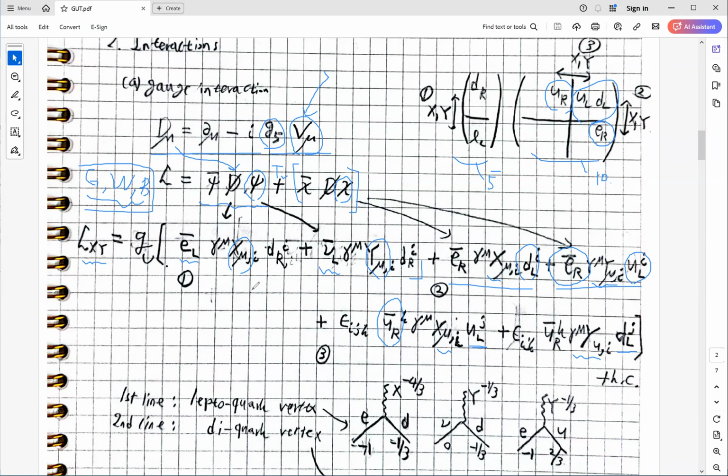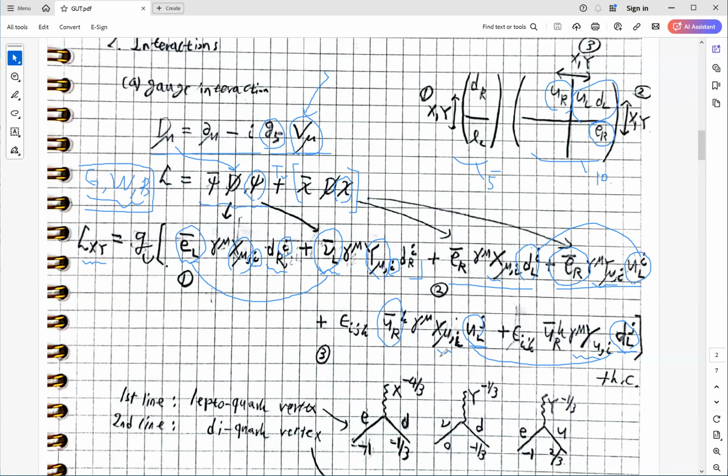The X and the Y gauge bosons have a color index because they are in the 3 representation of SU(3). So there should always be a quark color index. For example, for the right-handed down, there will be the color index here. And also X and Y are in the doublet representation of SU(2). So there should be the SU(2) index, which corresponds to the left-handed doublets always pairing in the interaction terms. So there is a left-handed electron and left-handed neutrino, and also there are the left-handed down and left-handed up, left-handed up and left-handed down. And in the case of the 10, this second line, there are the two quarks, so